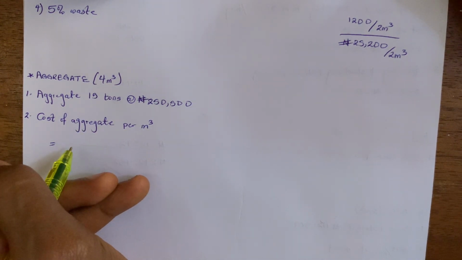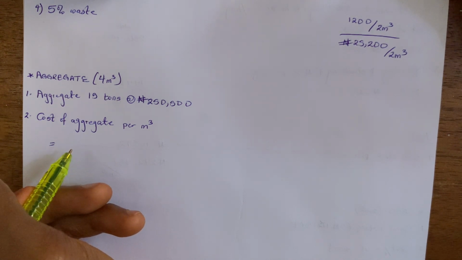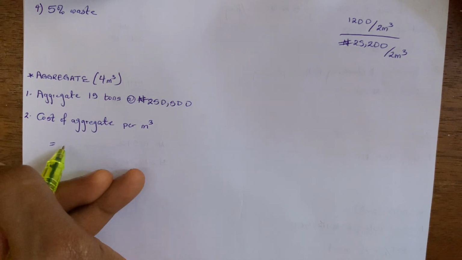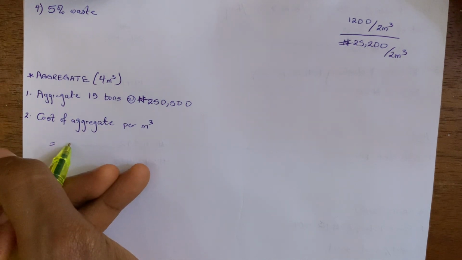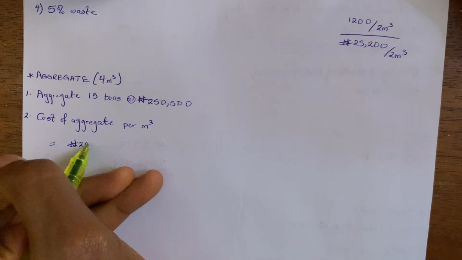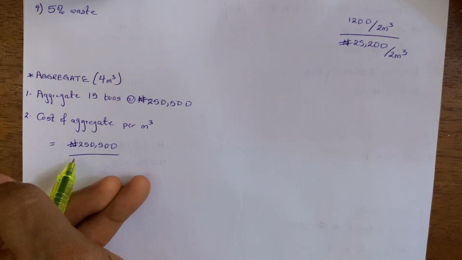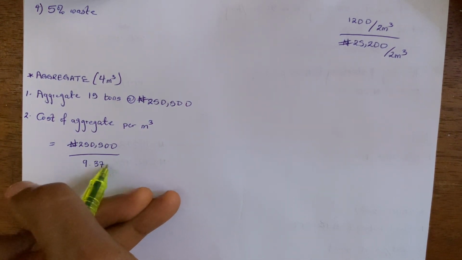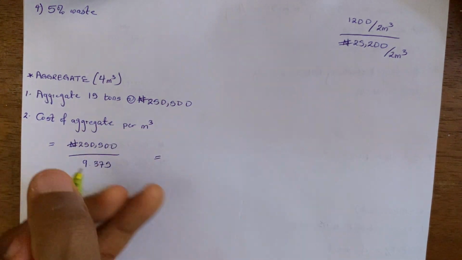So we are using the same volume because the density of the aggregate and sand are almost the same thing, approximately 1,600 kilogram per meter cube. So we can now say the cost for 15 tons of aggregates is 250,500 divided by the volume of 15 tons in cubic meter, which is 9.375, and that will give us 26,720